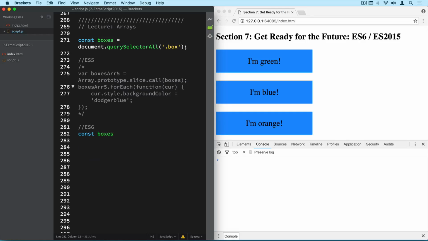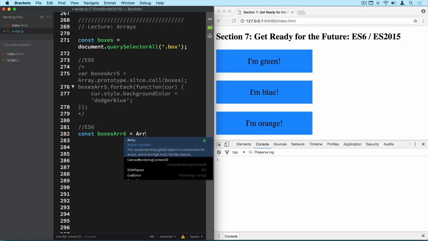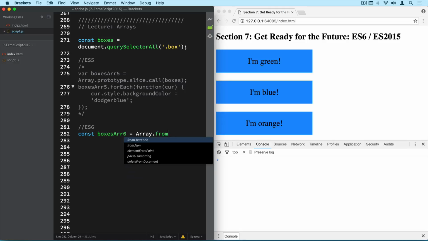So boxesArray6, and now we have a new method which is called from. So all we have to do is say Array.from and then boxes. And what this is going to do is to simply transform this node list that we have in boxes to an array. And it's as simple as that. And so now we can say